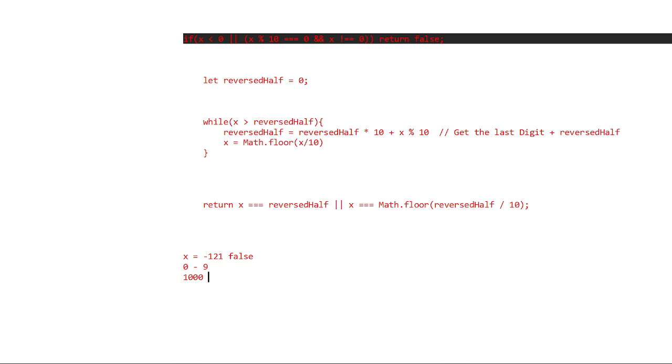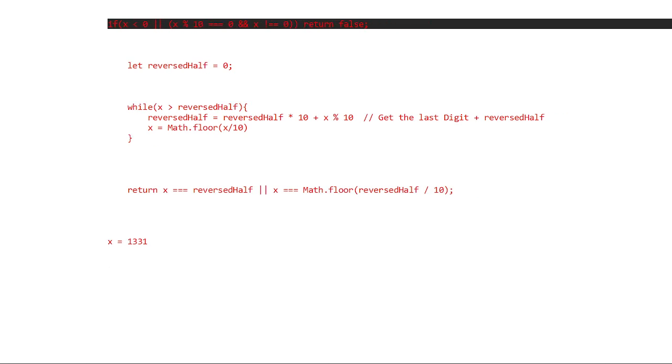Now the main question arises: for the case of x equals 1331, how is it happening? So let's try to run it. At the first iteration, it is not going to go inside this if, because x is not equal to 0, and if I divide it by 10, it gives us 1 as a remainder, so it is not going to this condition.